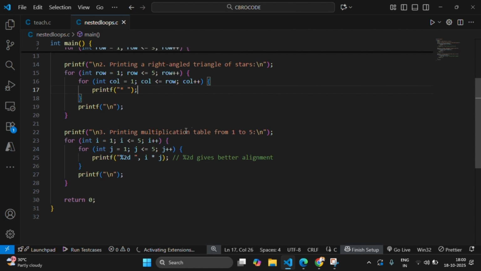And then there is a printing of the multiplication table from 1 to 5. So there is an outer loop which will give us the i variable for all those 5 tables: table of 1, table of 2, table of 3, up to table of 5. And the j for loop will be used for the multiplication, like 1, 2, 3, and all that. And there is a printf statement at the end. And now when I run this program, you will see